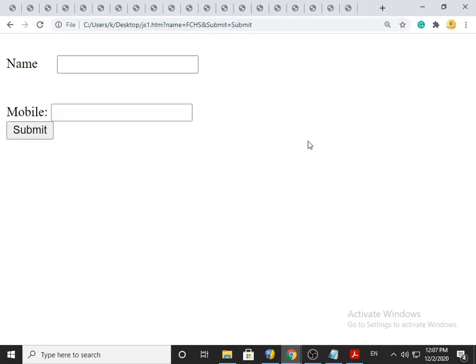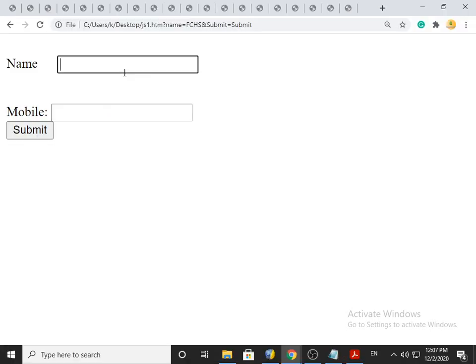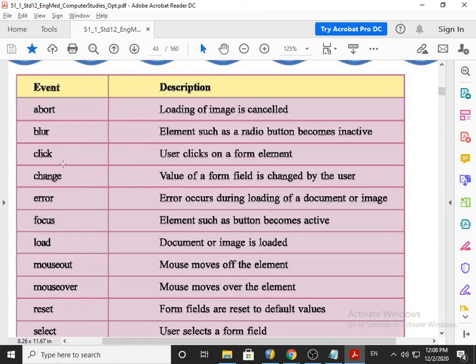When a particular box gets the cursor, right now this particular box gets the cursor. So for the first box, which event occurs? Focus event occurs. But if I press the tab key, then the first box loses the blinking cursor. So for the first box, the name box, the blur event occurs. I hope you observe it becomes inactive and the second becomes active. So for the box which becomes inactive, that is called blur.